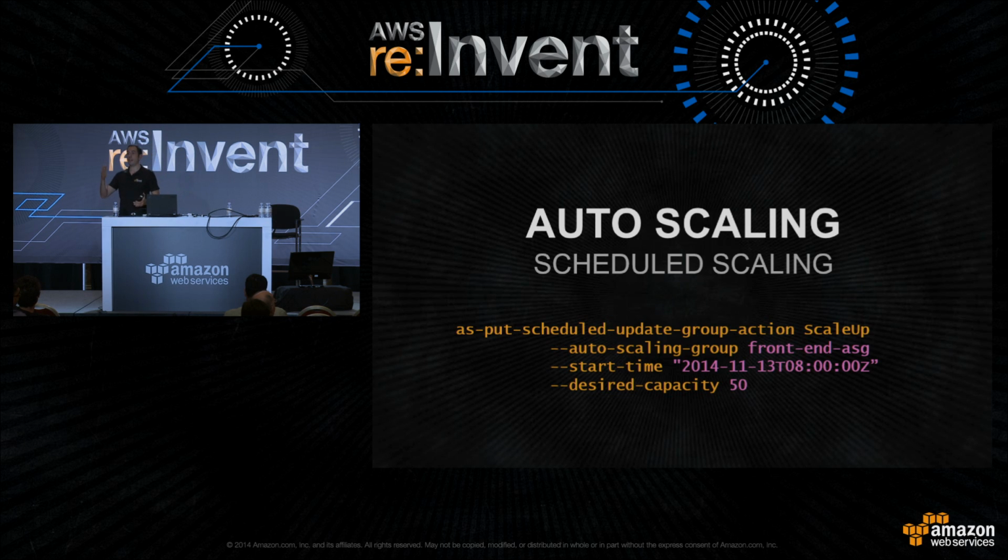That is, you can say at a specific point in time, add an additional 200 instances, right? And when you see this feature, you can think, well, the reason why I use auto scaling is because I don't have to do capacity planning, so I'm going to add instances dynamically.